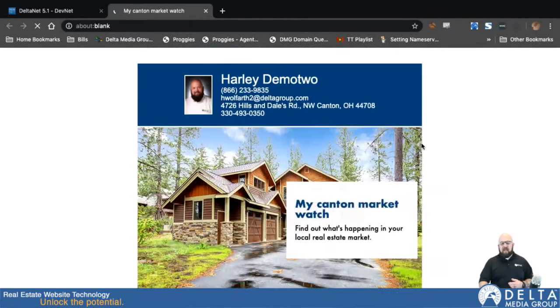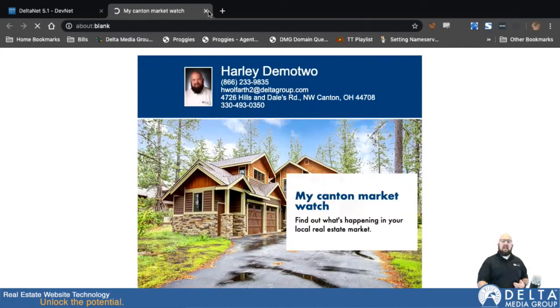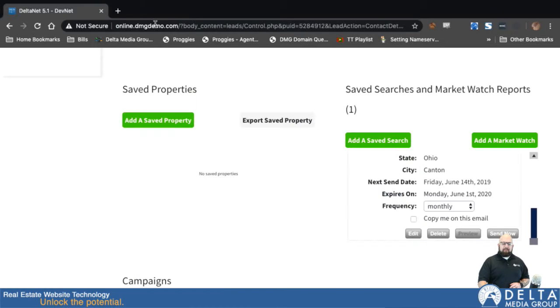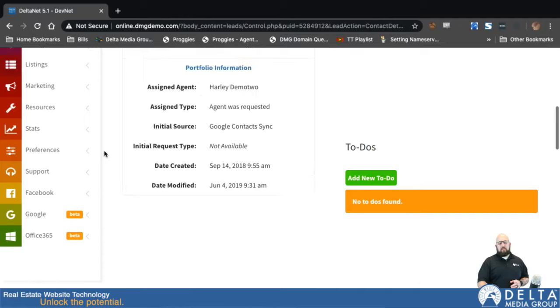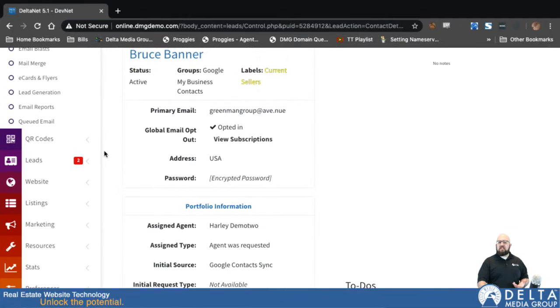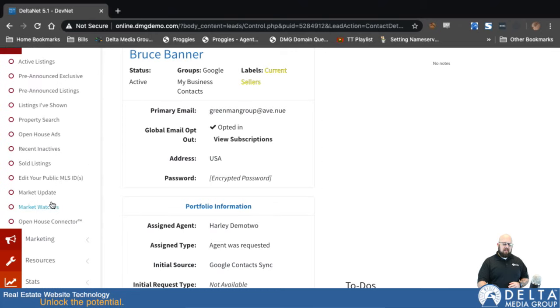So there you go. So that is what a market watch is, and that is how you set one up individually for a single customer. It's also the new print functionality we've added in there. Now the next thing you can do is you can create bulk market watches that can be used for different things. So if I go down to listings and then down to market watches,